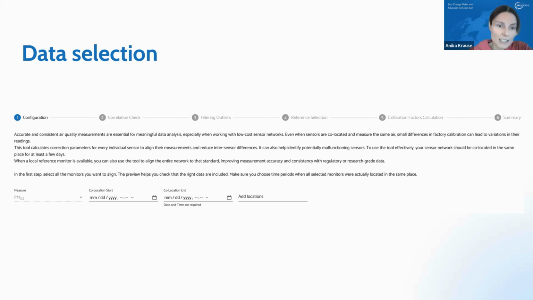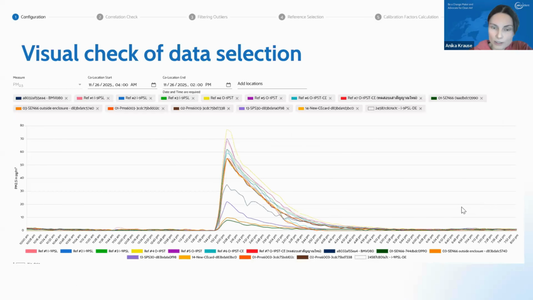Once you've added your monitors and your time, it will automatically plot the data that you have selected. That helps you understand if you're selecting the right sensors, because it could be that you have many, many sensors on your dashboard and you just select a subset that you place together and you want to make sure that you selected the right sensors.